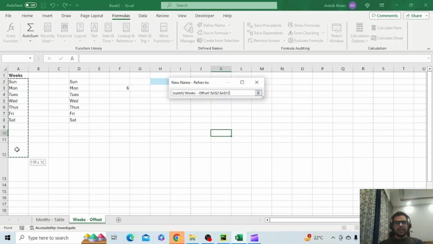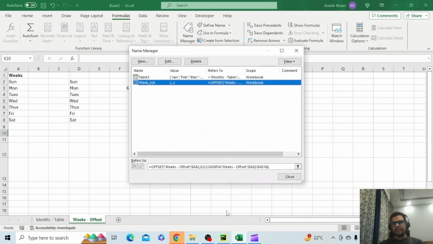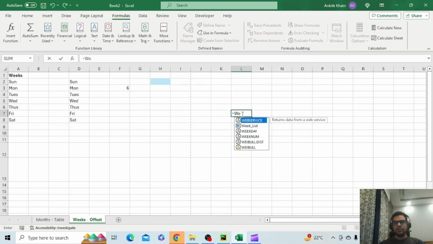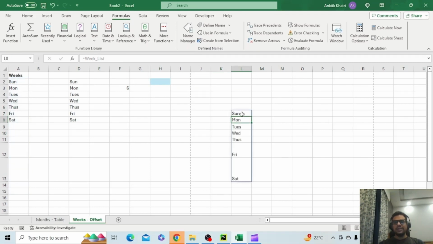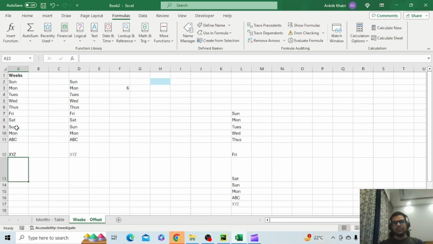You just select the range, again absolute reference, and you can close the parenthesis. Now if you go in and write equals to week list, you will see that the list is appearing here. Now if I further update it, like Saturday and then Sunday, then probably Monday, and then ABC, X, Y, Z, and so on and so forth,